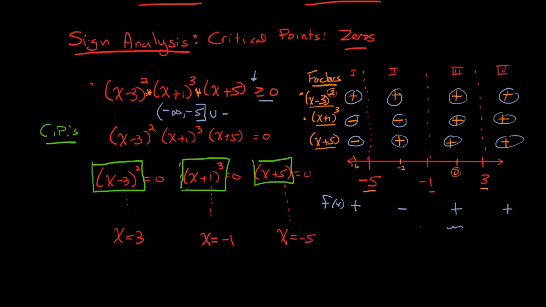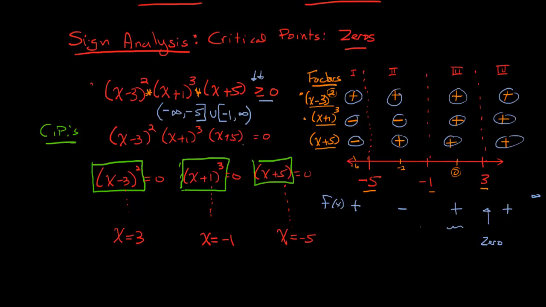it starts becoming positive at -1. And notice we have a little break at 3, but at 3 the function is equal to 0, and 0 is included here, so we're not going to stop at 3. We're going to continue on until positive infinity, and we're going to include -1, and we're not going to include